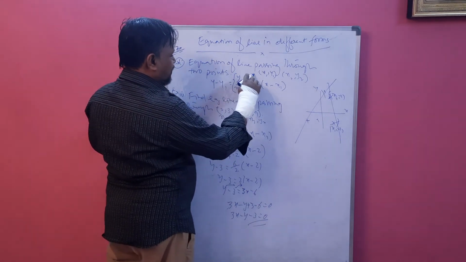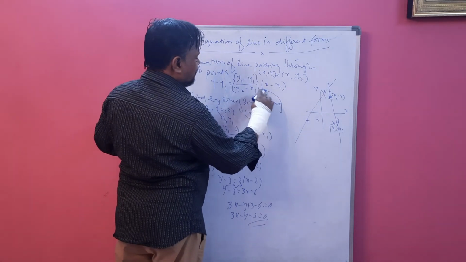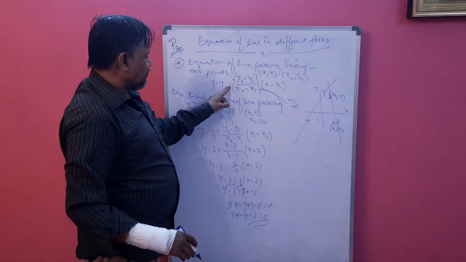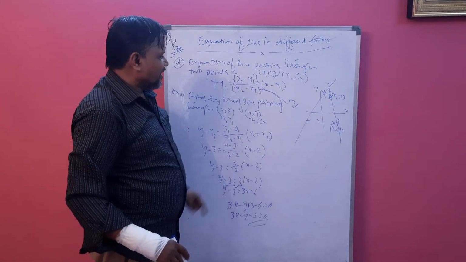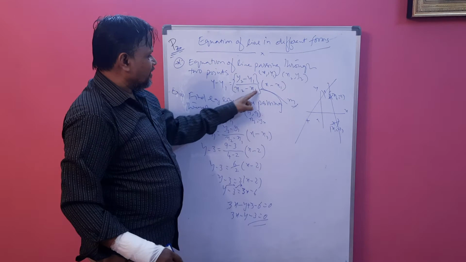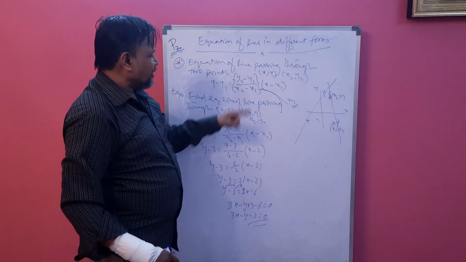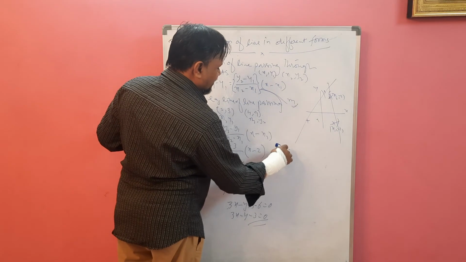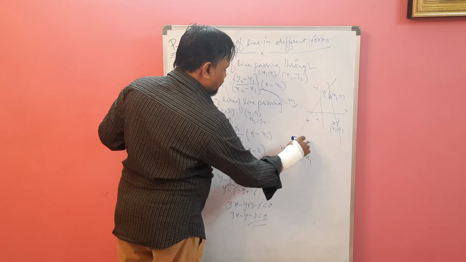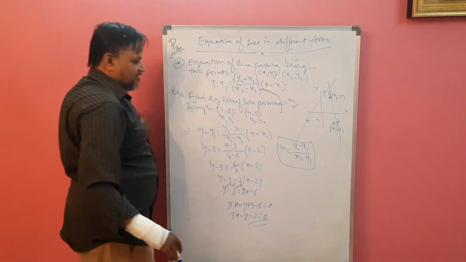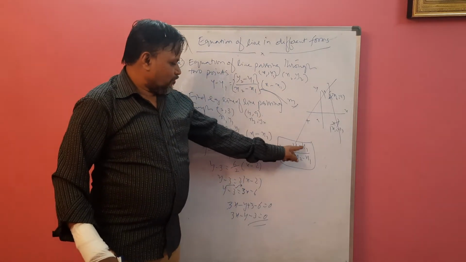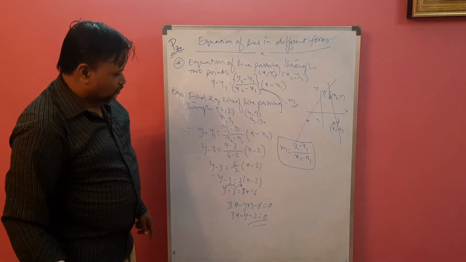What is the difference? I think you understand this part. It is nothing but m, this is nothing but slope. In slope form, what do we have? y minus y1 equal to slope times (x minus x1). So 2 points are there. Our slope is not given, then we have to find the slope this way: slope is nothing but (y2 minus y1) by (x2 minus x1). This is the formula to find slope when 2 points are given. Remember this part: m equal to (y2 minus y1) by (x2 minus x1).